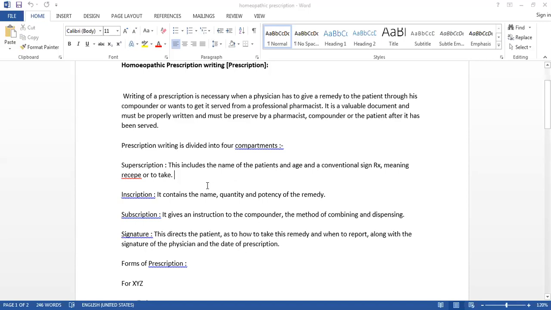Always in question number 1, they ask about the English meaning of the following abbreviations. The question is like that. I will take only a few examples, but I have marked them in your book. Suppose they ask you, what is the meaning of ALTHOR? The Latin or Greek word is alternis horis, which means every other hour.